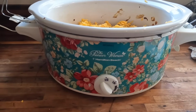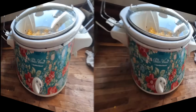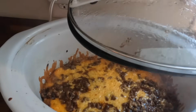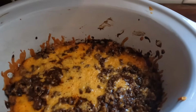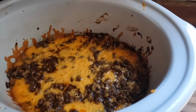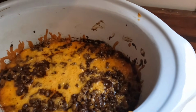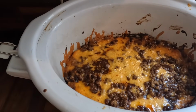I'm gonna cook this on high for about 2.5 hours or so. Okay, the enchiladas have been cooking for a little over 2 hours on high. And honestly, this looks like something that has been cooked in the oven. It's bubbling, it smells really good, and I am probably a little bit more excited about this dish than I